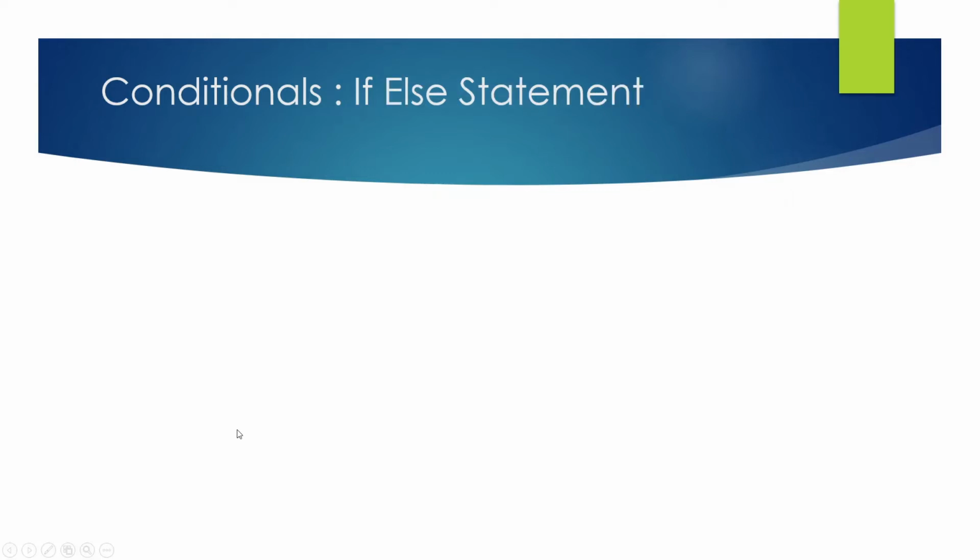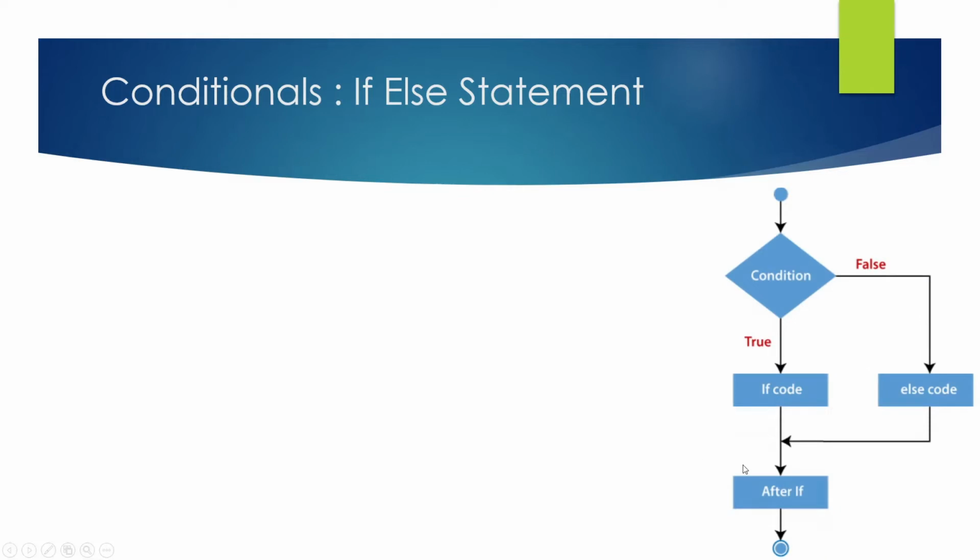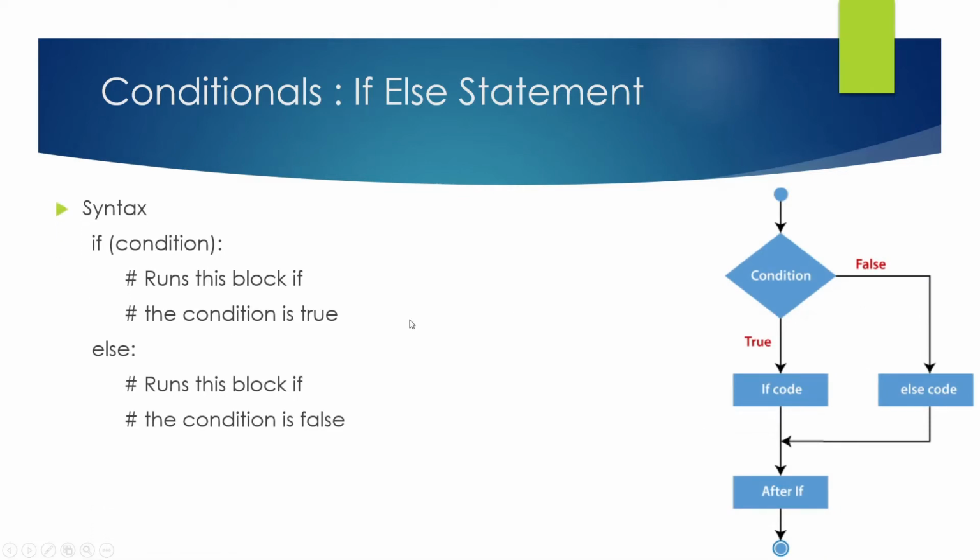Moving on to the if else statement. In the if else statement, you can see this diagram, and let's try to understand it through the syntax. In the syntax, if the condition gets fulfilled, it runs this block if the condition is true, else this code block will be executed. You can see in the diagram, the control will come from here and test the condition. If it's false, it will go to the else code after the if code, and then it gets executed. Otherwise, if the condition is true, it will execute the if code, which is this one. So I hope you have understood it.